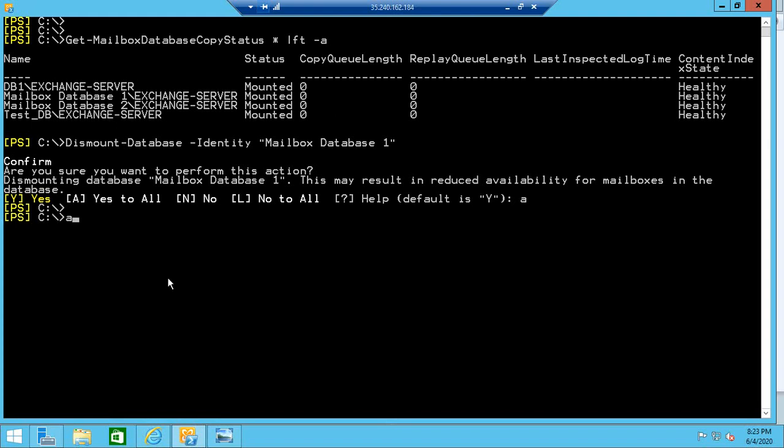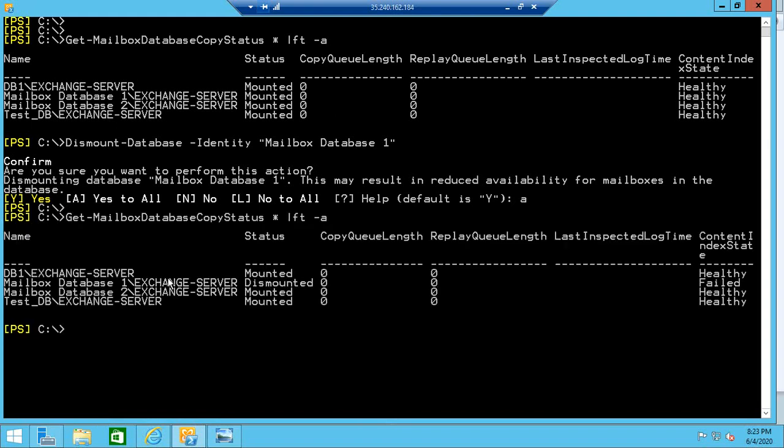Again we will check the Mailbox database status by running the first command. So here we can see Mailbox database 1 is in dismounted state.